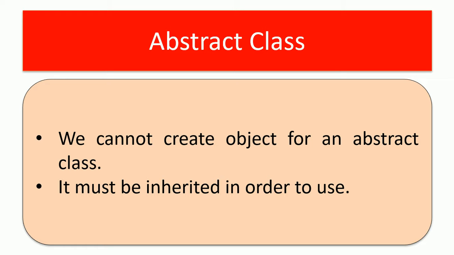Another thing: we cannot create an object for an abstract class, and it must be inherited in order to use it. So take our animal example itself. We have created a basic abstract class for animals that will contain five characteristics: born, eat, sleep, locomotion, die. When I create a class for a tiger and a class for a deer, both differ. So I will inherit the animal class to tiger and the animal class to deer, and I will write separate characteristics for both in the derived class.